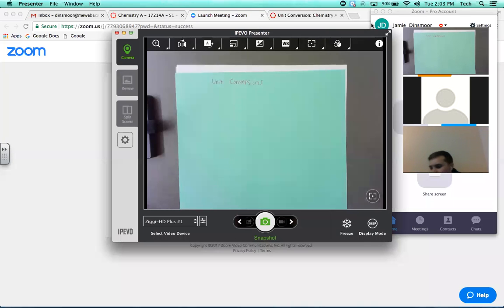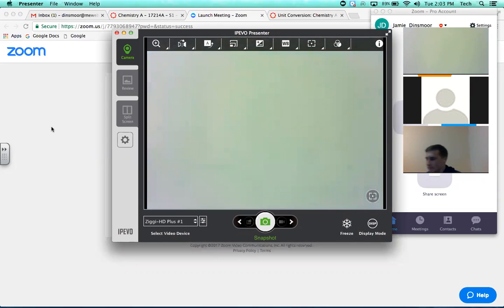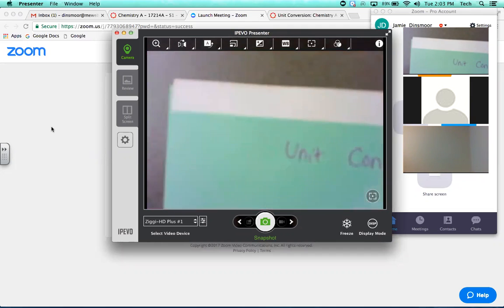Unit conversions. This is probably going to take me about 10 minutes to talk about, and then you guys ask questions, and then that will be it. So not too long. Okay, so the basic concept here, especially if you don't have this written down somewhere in your notes already,